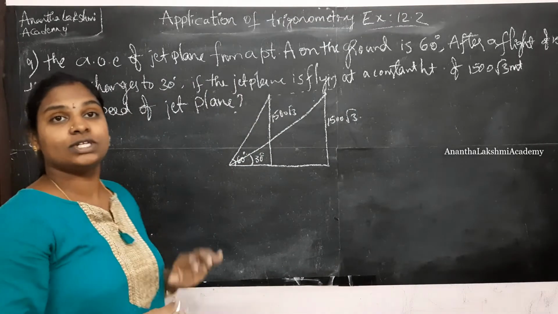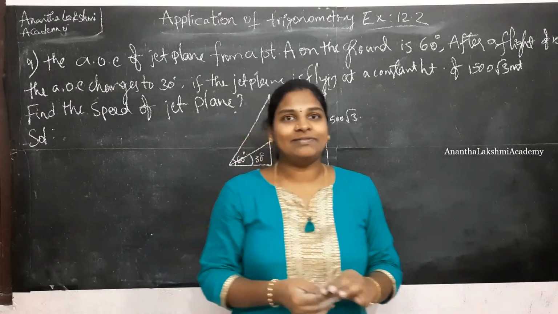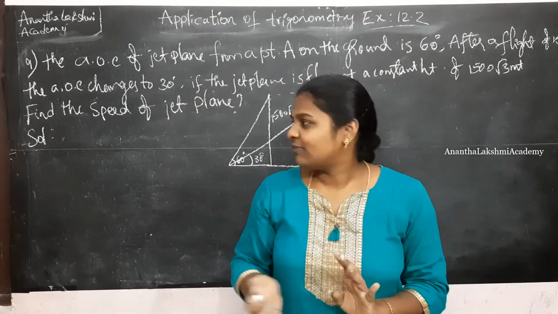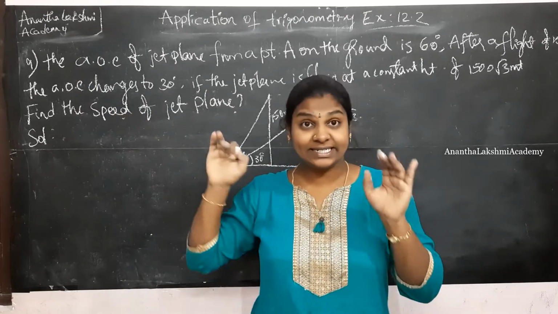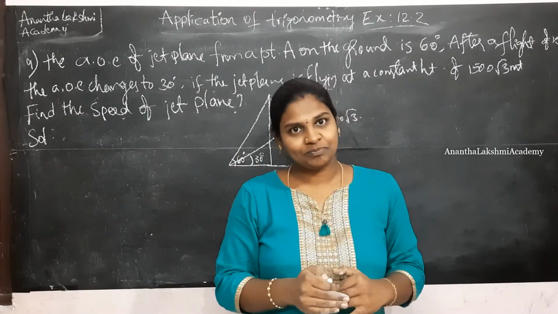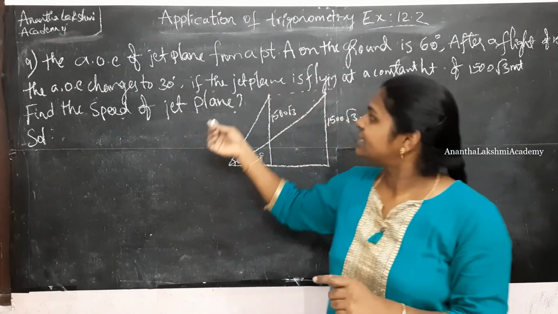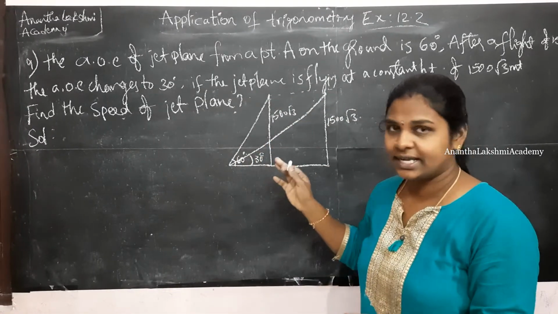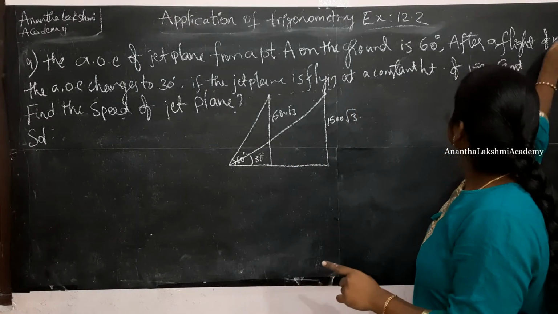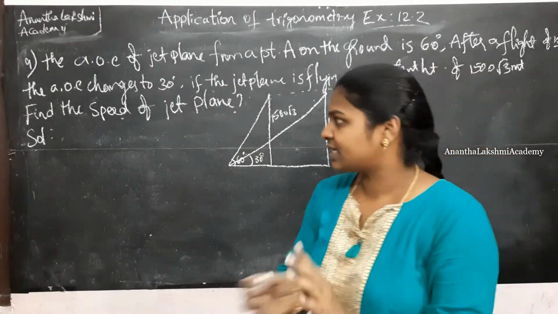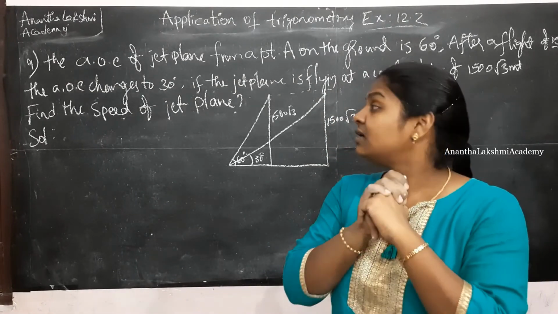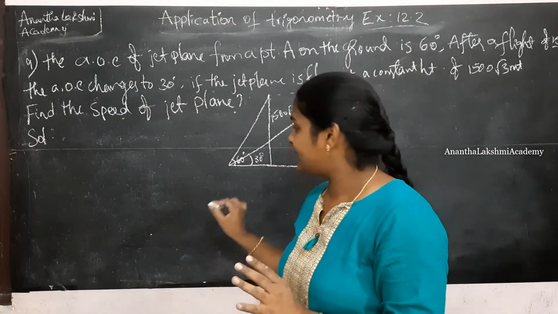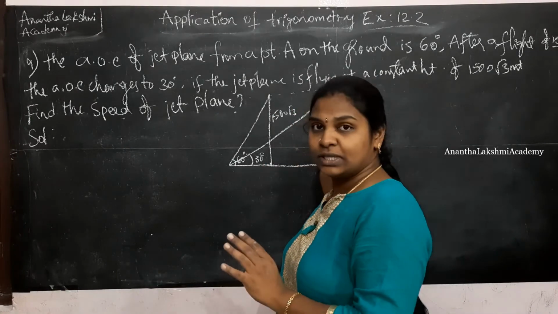Find the speed of the jet plane. Now that we are dealing with 10th class mathematics, we are aware of physics, right? What is speed? Speed is nothing but distance traveled divided by the time taken. The time it took for the angle of elevation to come down to 30 degrees is 15 seconds. In order to figure out the speed, we need to understand the distance it has traveled from this point to this point.